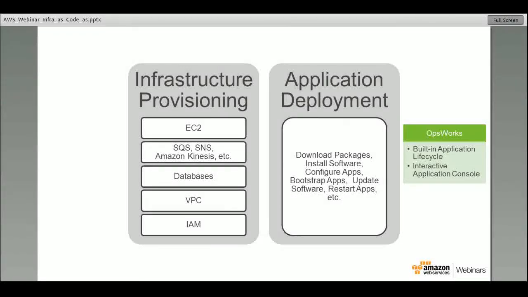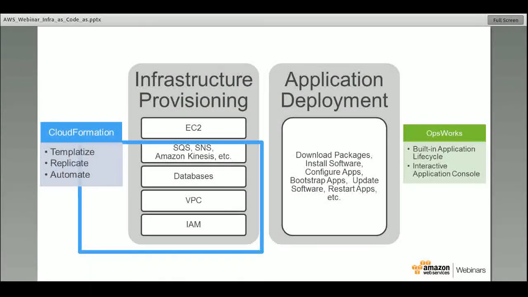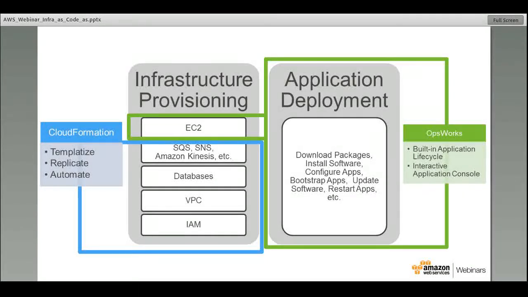So, for example, if you want to do patching for your application across a fleet of instances, and you want to have a graphical user interface for that, you can use the OpsWorks console if you deploy your application through OpsWorks. And there are several ways to use OpsWorks and CloudFormation together. One of the patterns that we see is that you use CloudFormation for infrastructure, for provisioning things like IAM, VPC, and databases. But when it comes to managing the EC2 instances and the application on the EC2 instances, you use OpsWorks.